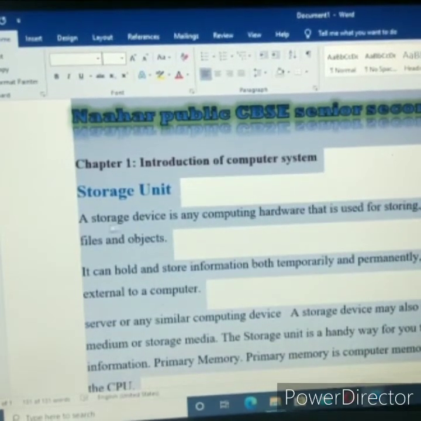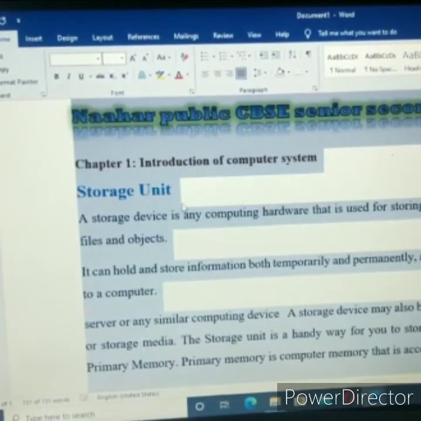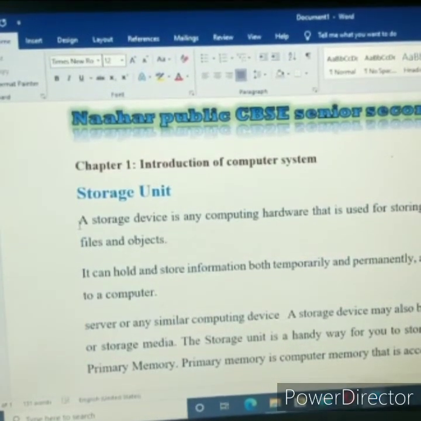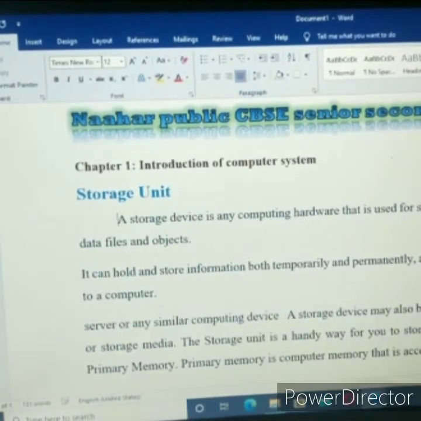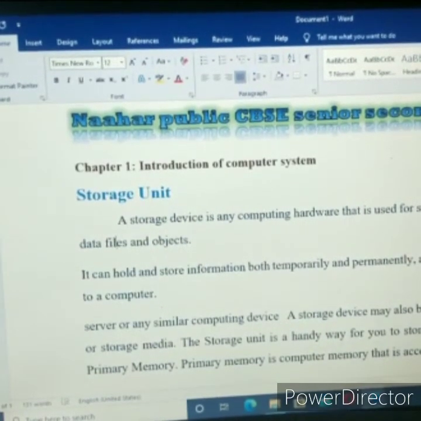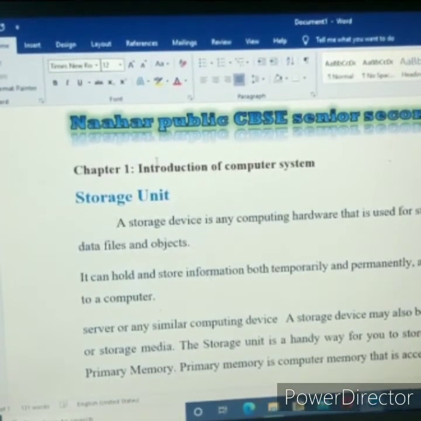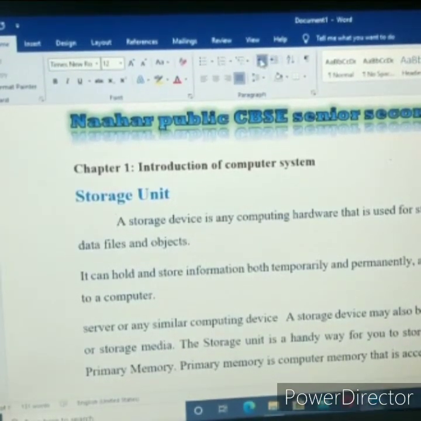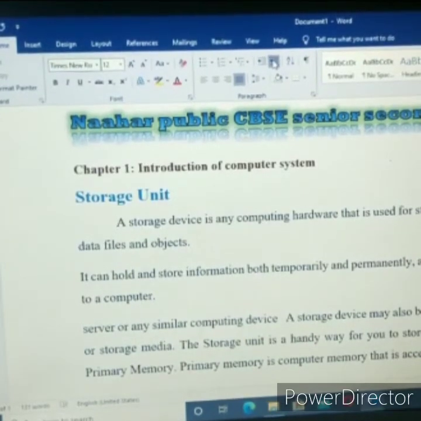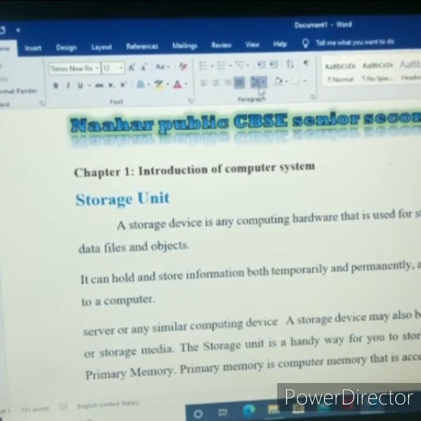This is the right method. Now you just click the Tab button. If you click Tab here, this is used to align your text in the middle. It is also the same thing.